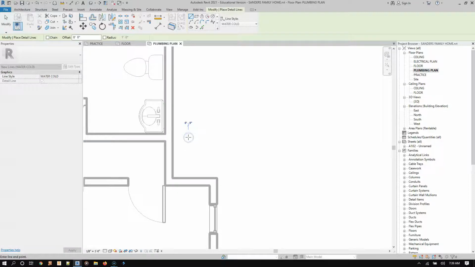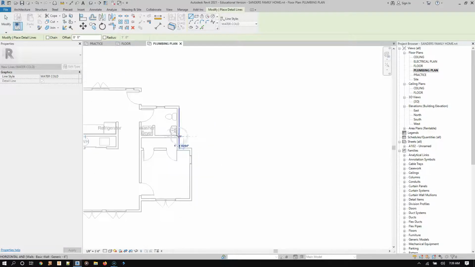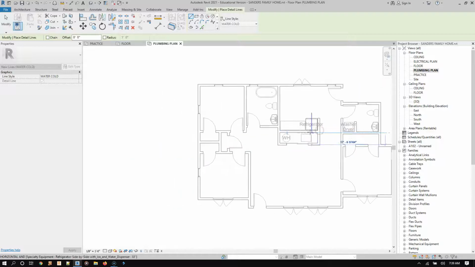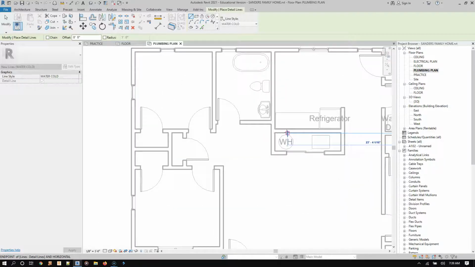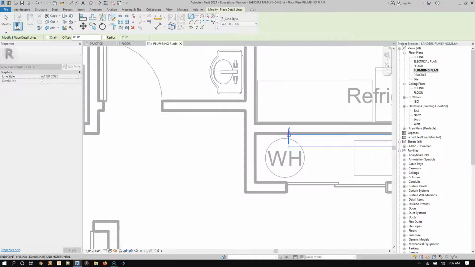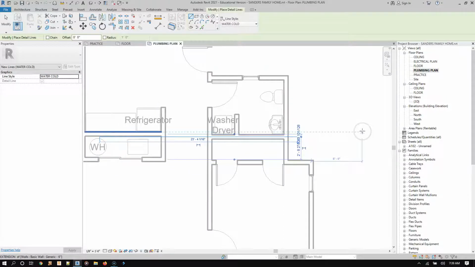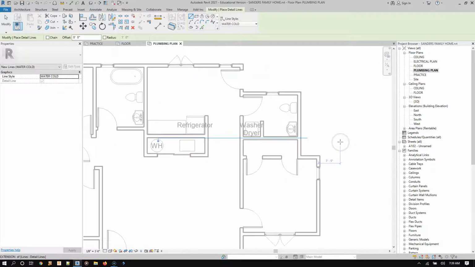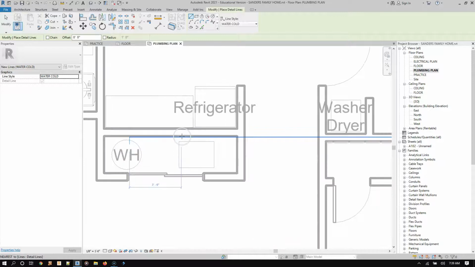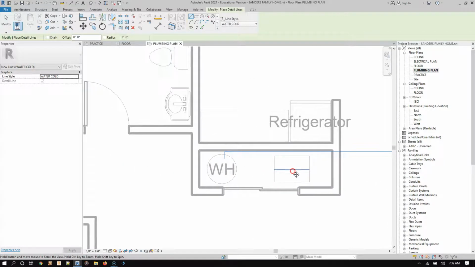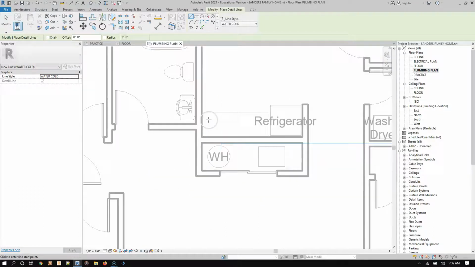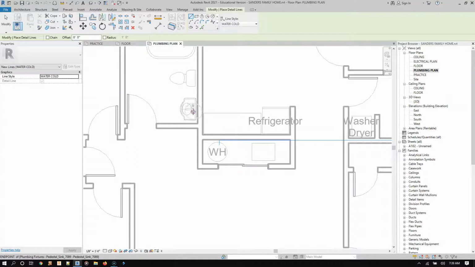So right there. Oh, that's where I want to go to. I forgot I turned off chain, and that's not what I wanted to do, but I do want to connect to this one here. All right, so now I've got a blue line that represents my cold water line coming in. Okay, and now let's just do the cold water first. So the cold water is going to go from the hot water heater to,